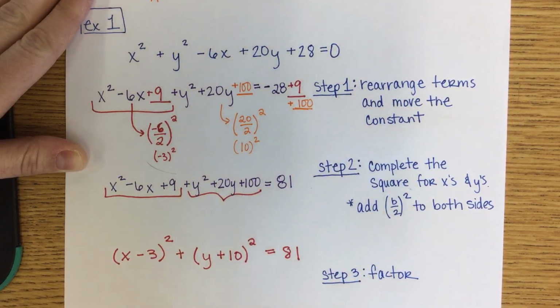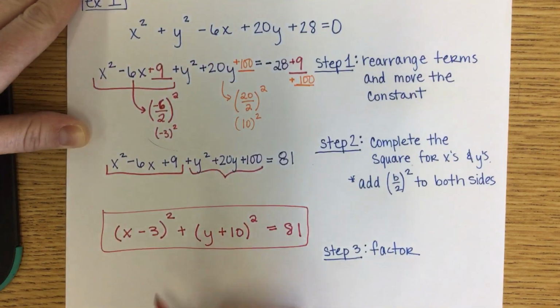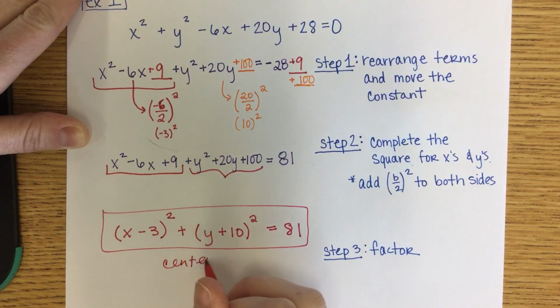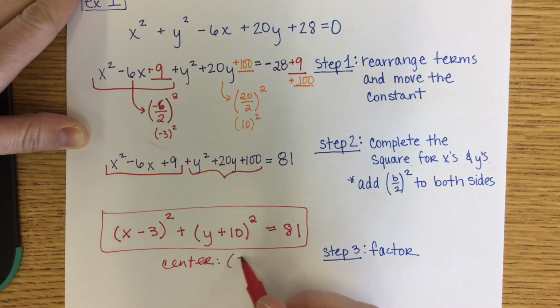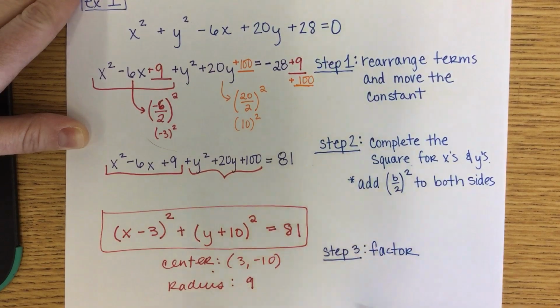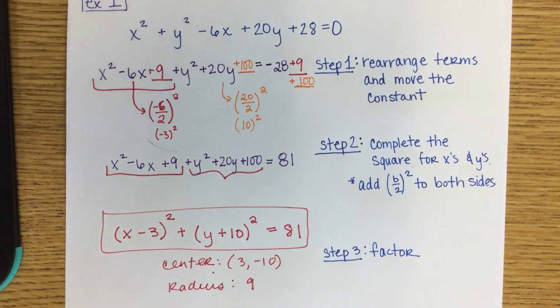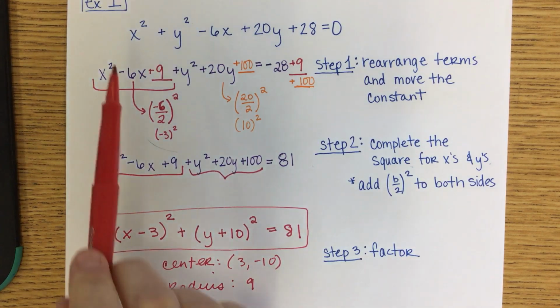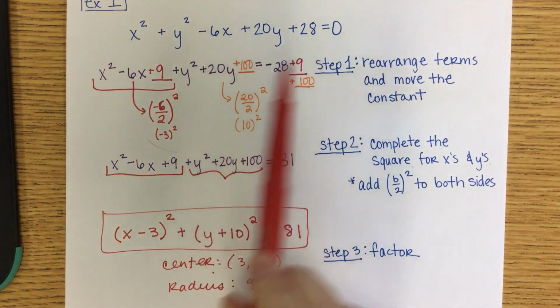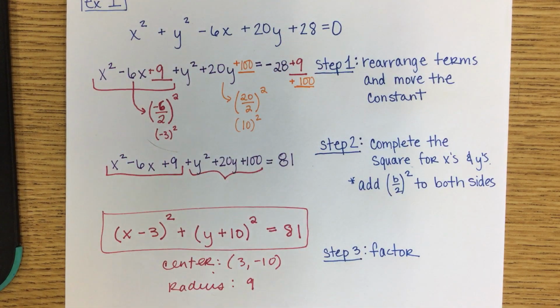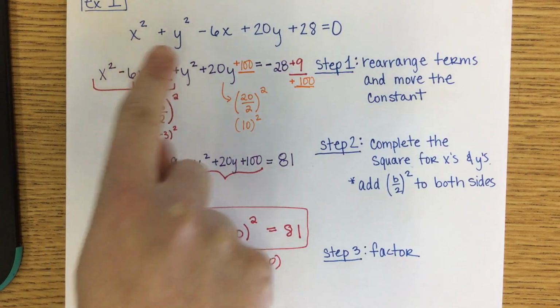Now, this is the standard form of our equation. We know that the center is at (3, negative 10) and that our radius would have a length of 9. So this is the process we take when we're looking to change from general form to standard form of a circle. In our next example, I'll show you when A and C are the same, but they're not